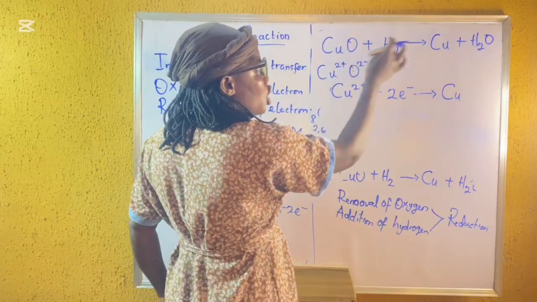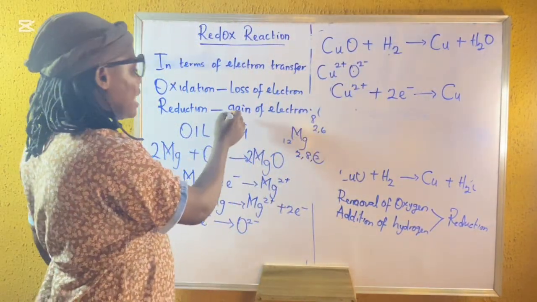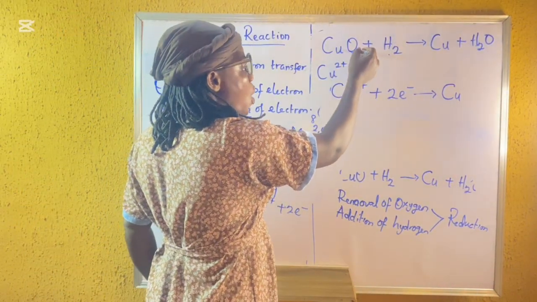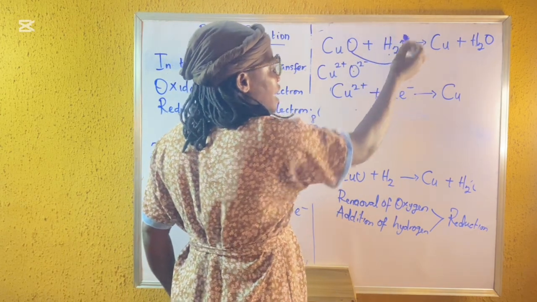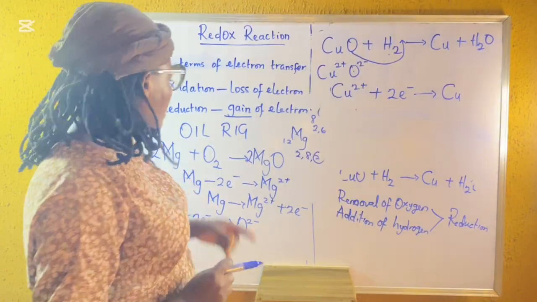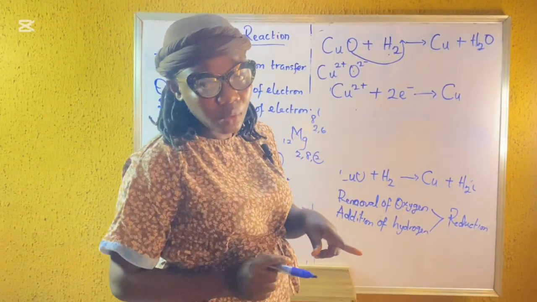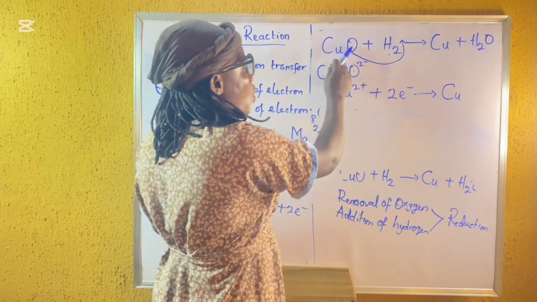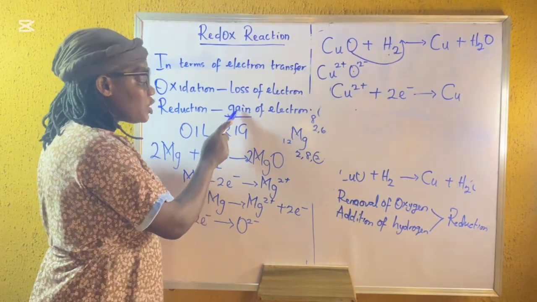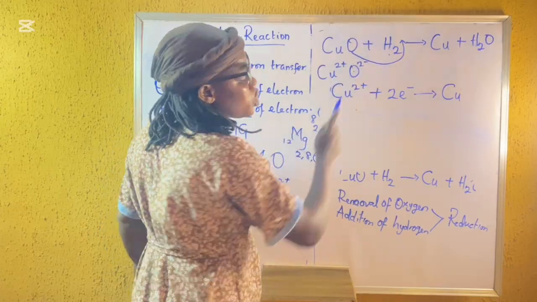So for reduction of CuO to Cu, there must be a gain of electron. So the Cu here, before oxygen will come to meet H2 here, there must be a gain of electron. So reduction is gain of electron. You will see that CuO has been reduced to Cu. Why? Because there should be a gain of electron by Cu before O can go to make